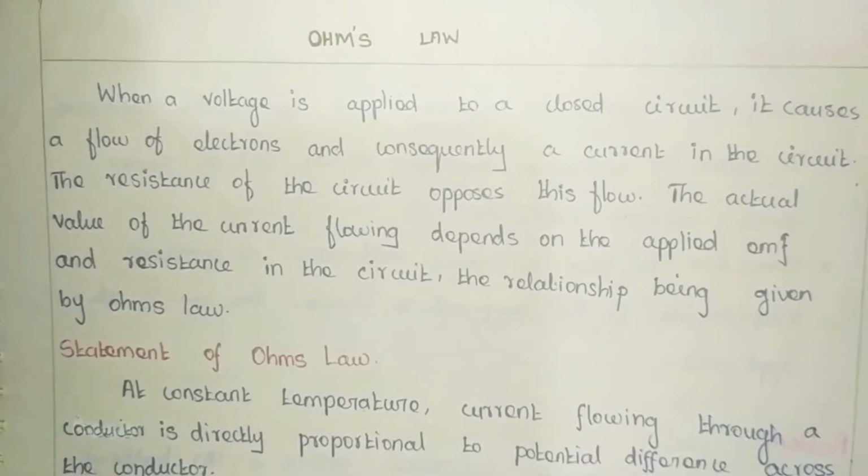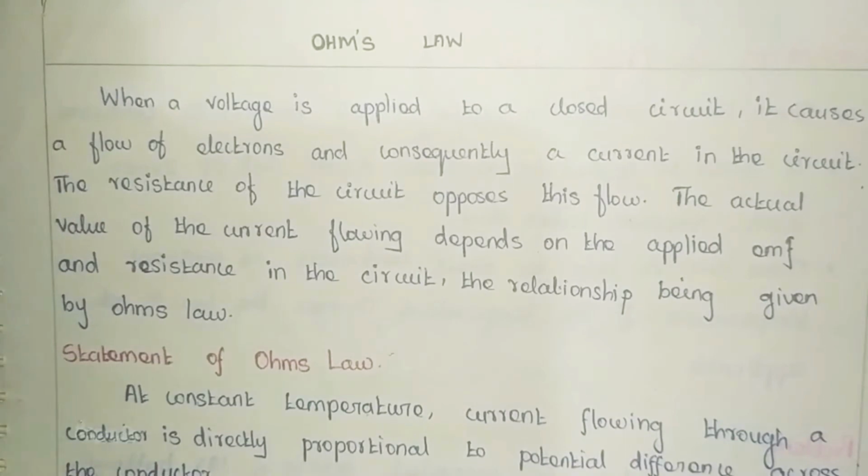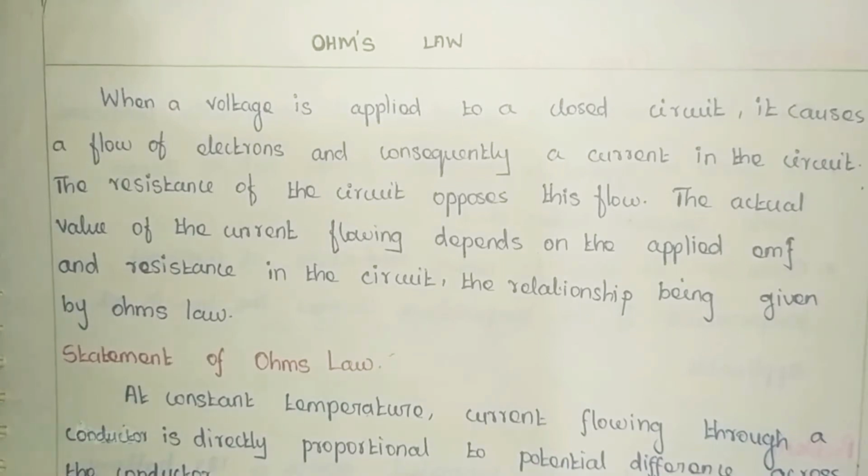Just imagine you are having an electrical network and you are exciting that network by a voltage source. Automatically it will cause some electrons to flow through the network. Suppose if there exists any resistance inside the network, it will oppose the flow of your electrons. Flow of electrons is known as current. So there exists a relation among the excited voltage V, the current flowing through the network I, and the resistance of the network R. That relation is given by Ohm's law.